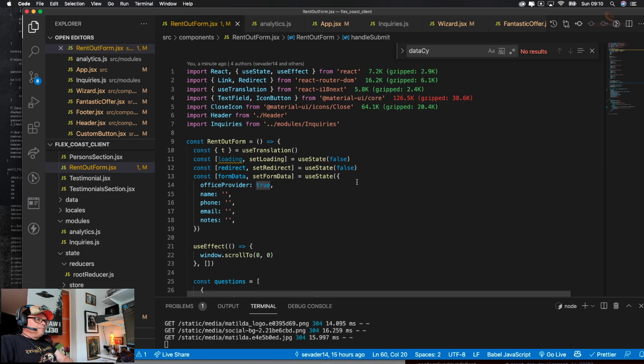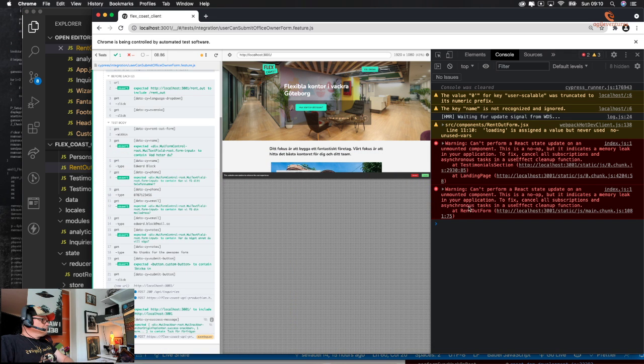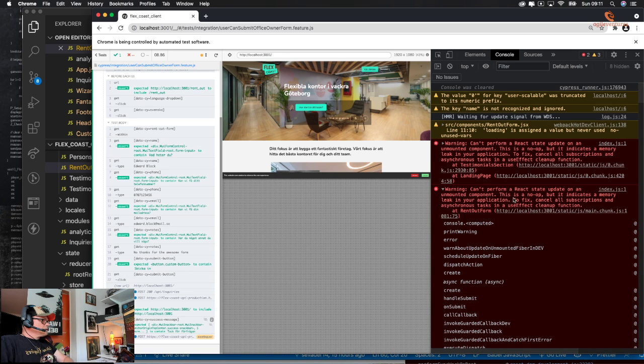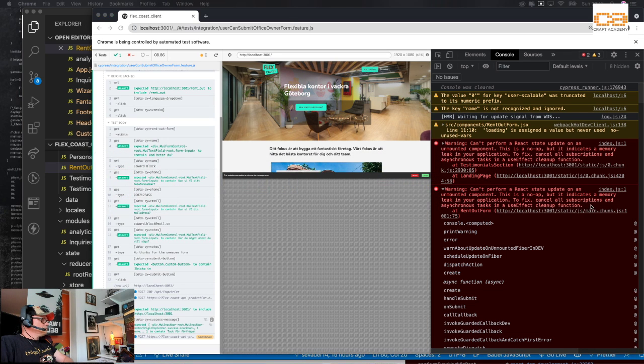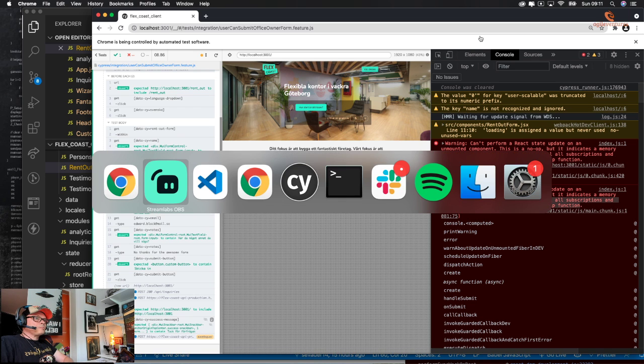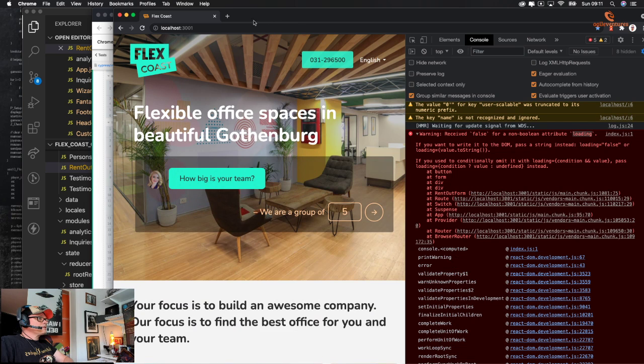Right. We do have these two warnings: can't perform React state update, indicates a memory leak. It says to cancel all subscriptions and asynchronous tasks in the useEffect cleanup function. I need to see what Google tells me about that particular thing.